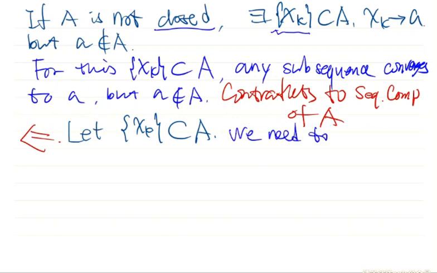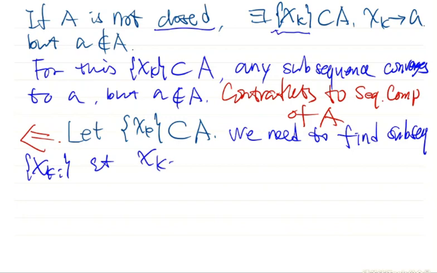We need to find a subsequence x_{k_i} such that this subsequence converges to some point in the set A. This is what we need to do. So our A is bounded and closed. So since A is bounded,